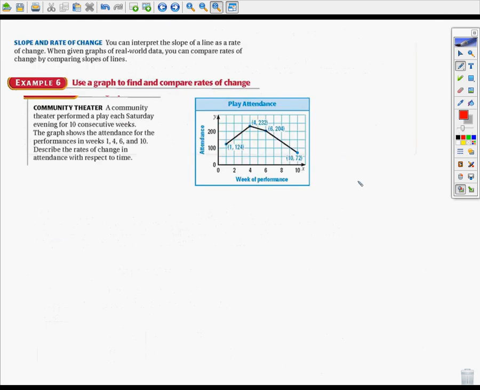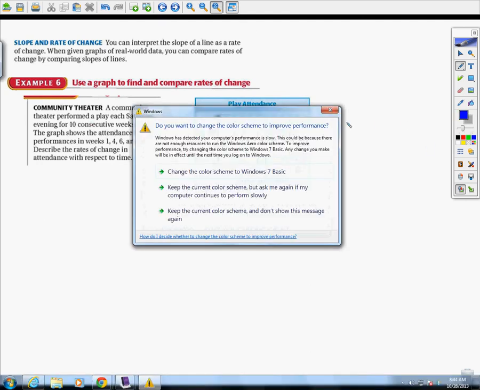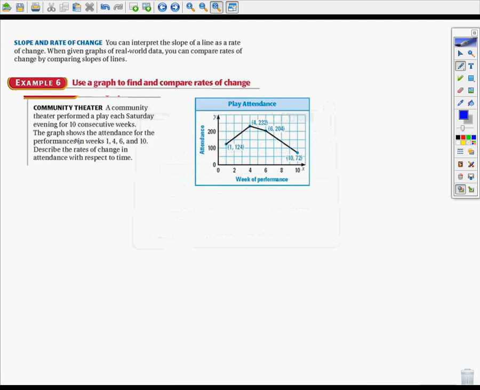So up here, we have community theater. They performed a play each Saturday evening for 10 consecutive weeks. Consecutive means in a row. The graph shows the attendance for the performances in weeks 1, 4, 6, and 10. They want the rates of change with attendance. So we're going to look from week 1 to week 4. So week 1,